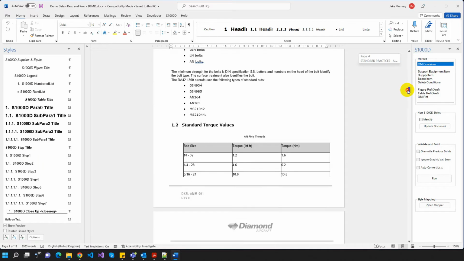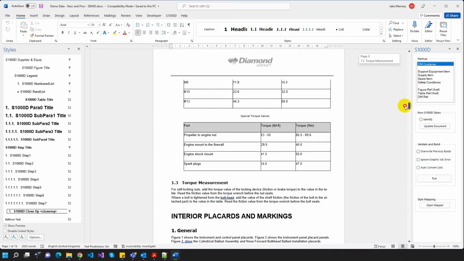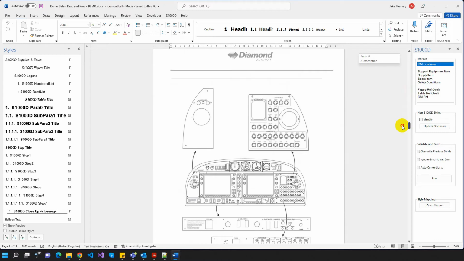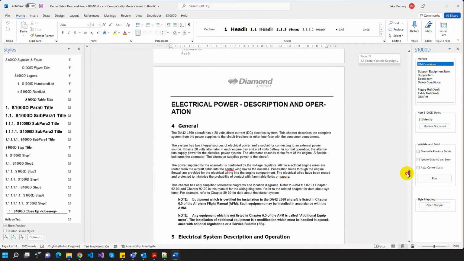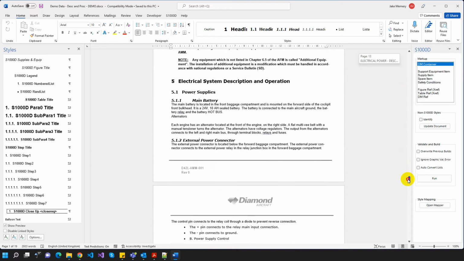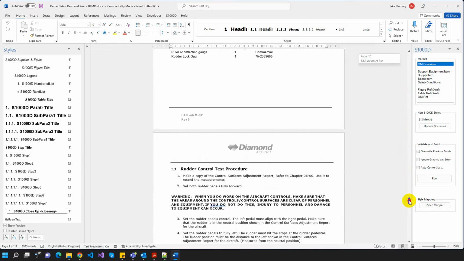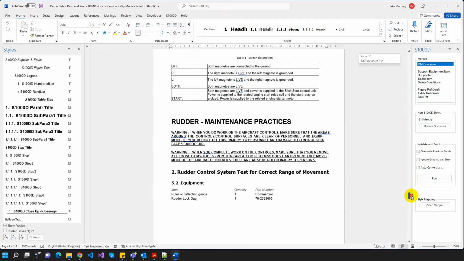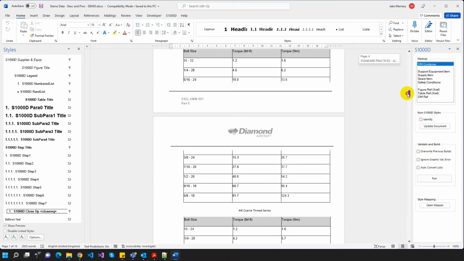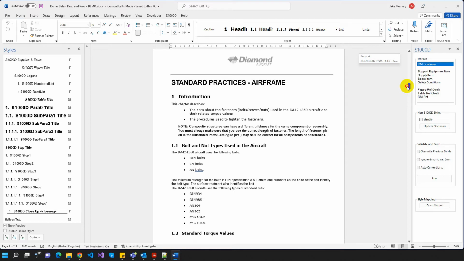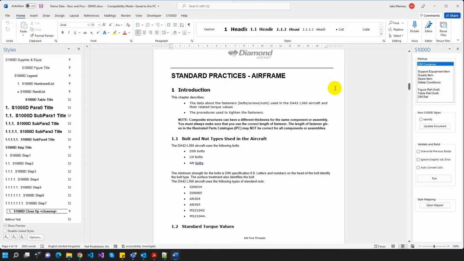So we've got some descriptive text in here, some tables, we've got some graphics, various structure of data, notes and warnings and cautions, and we've got some procedural data down here as well. So what we'll do, we'll go down through and we'll start converting this data, or preparing it for the tool to convert. So what I'm going to do first, I'm going to just start clicking into some of these paragraphs